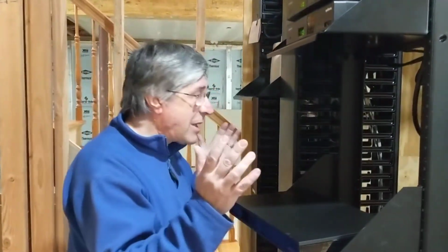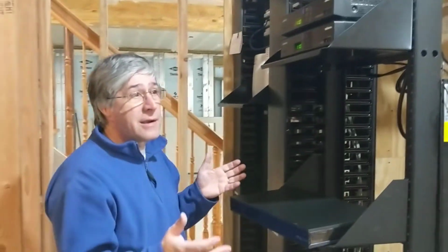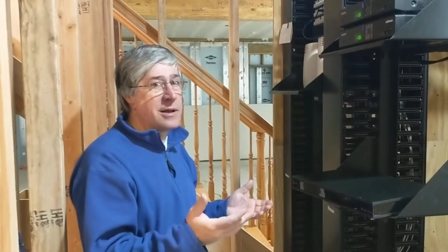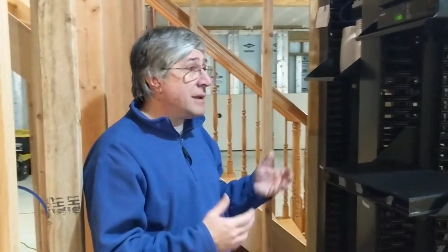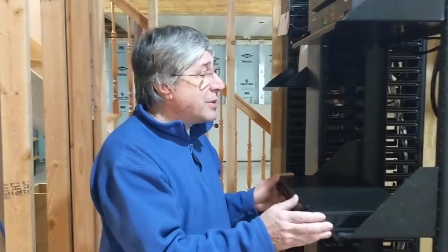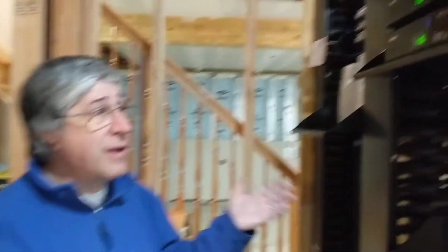Okay, what we're doing today is we're doing an AV installation in an architect's home. He designed the home, but he needed us to design and install the AV system for him, as well as the Wi-Fi. And he's getting Verizon for internet, Optimum for cable TV, and we're in the process right now of putting the equipment into the racks that had to be assembled and wired so that all of this can be